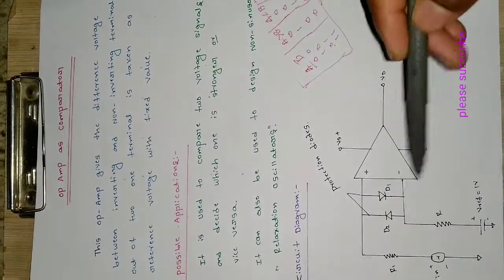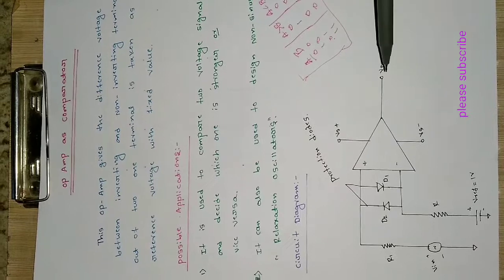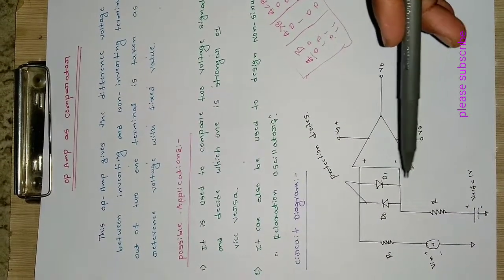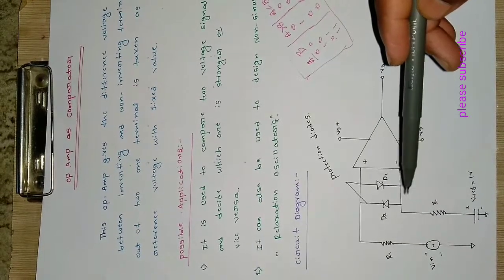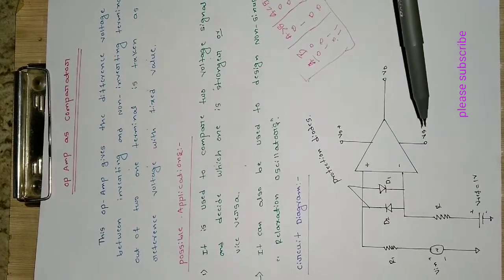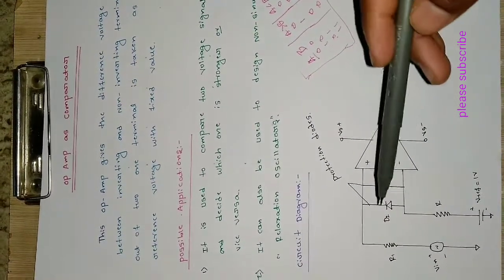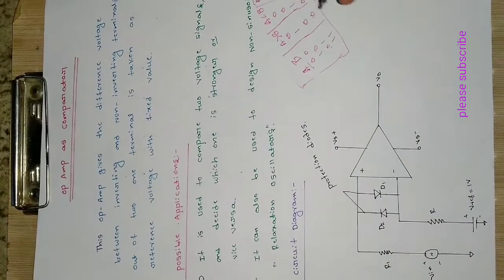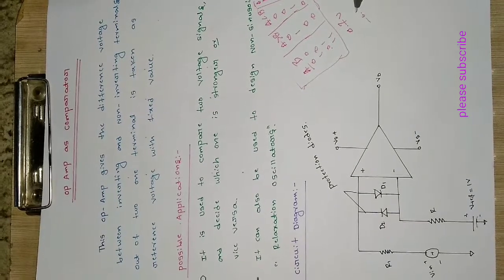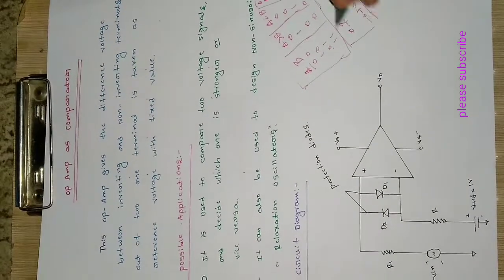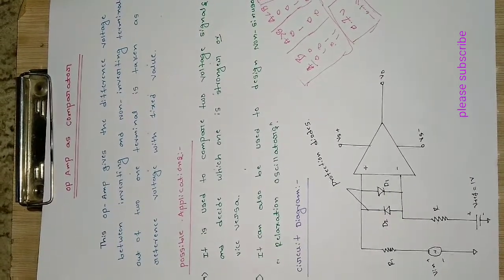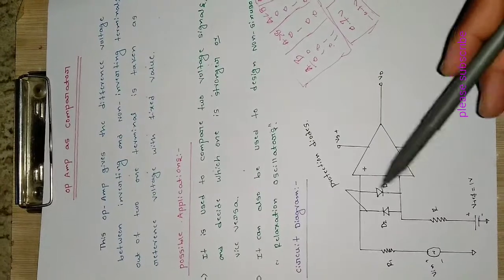And you can say this is the power supply and this is the output terminal, and these are the protection diodes. If the input goes beyond this power supply range, then this op amp will get damaged. To avoid that, we have these protection diodes whose cutoff voltage is 0.7 volt for positive and minus 0.7 volt for negative. So they will stop the voltage at these levels, or clip that voltage basically. These are the protection diodes which are used.